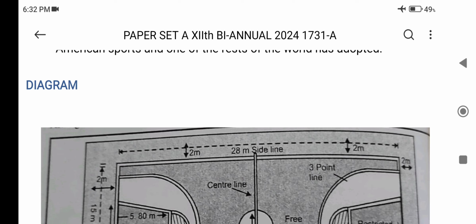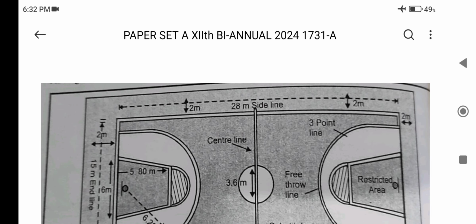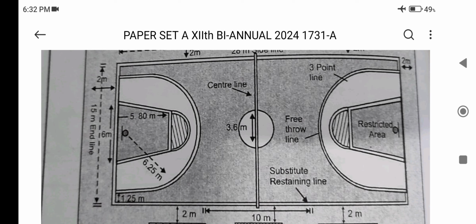Diagram. Then draw a diagram of basketball with the help of scale, pencils, and other equipment and write all the